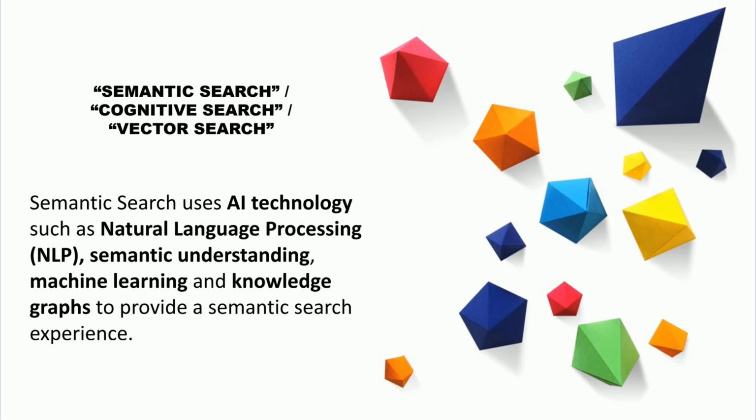So that'll be natural language processing to do semantic understanding, possibly some machine learning there, maybe some AI-based models to help the system understand not only the query intent but the original content as well, and potentially a knowledge graph. This is one thing that Google is injecting into the search engine results quite a lot these days. By adding a knowledge graph to the system, you can get very authoritative answers from that data set.